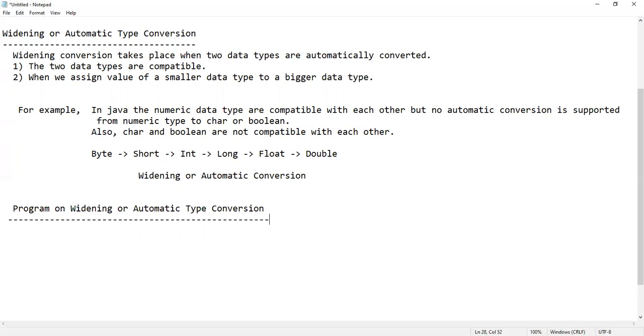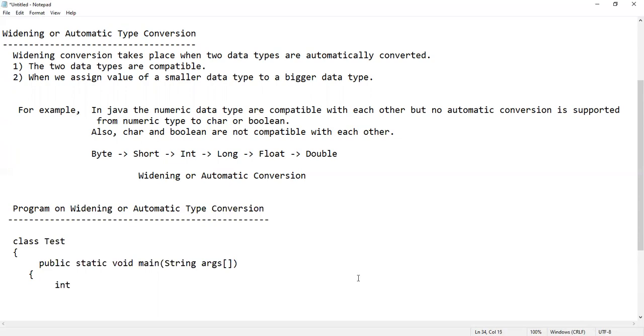Class Test, public static void main, String arguments.